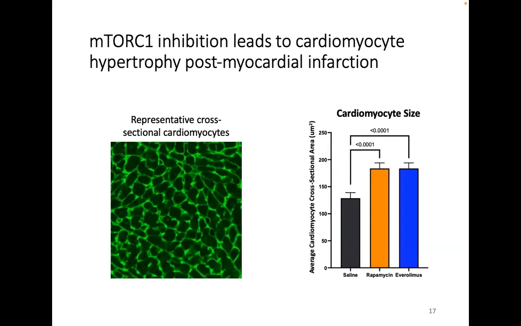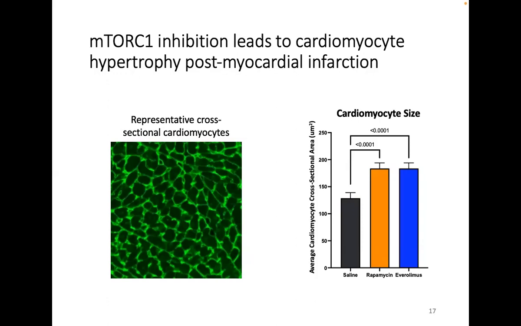So on the left, we just have cross-sectional cardiomyocytes that will be used, for example, to quantify here, using a cell membrane stain, where in this instance we use wheat germ agglutinin. And then we'll just measure the size of individual cardiomyocytes. And across measuring hundreds of cardiomyocytes across multiple sections and multiple biological replicates, we can see that there is in